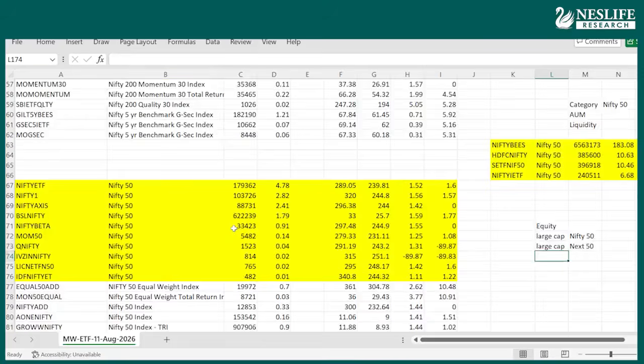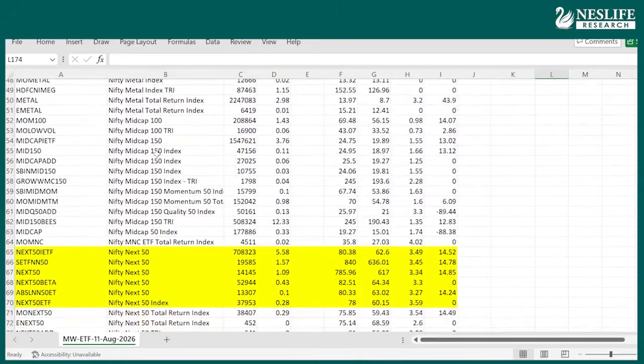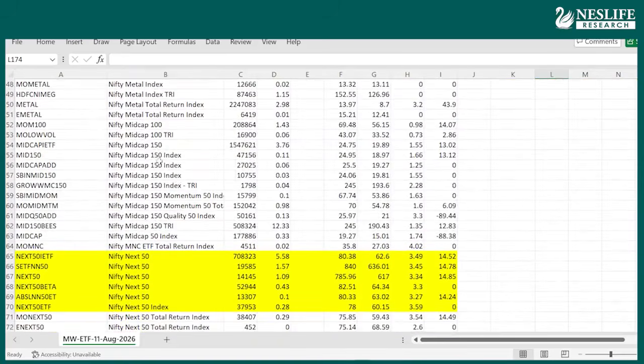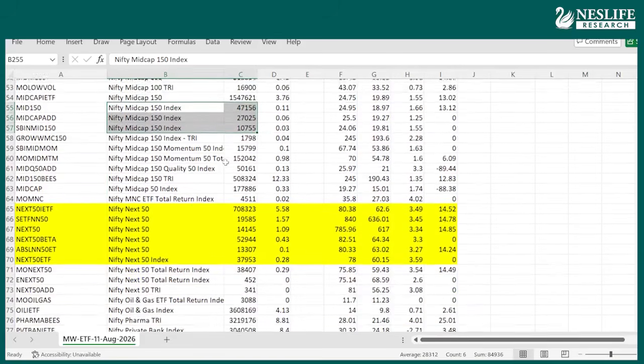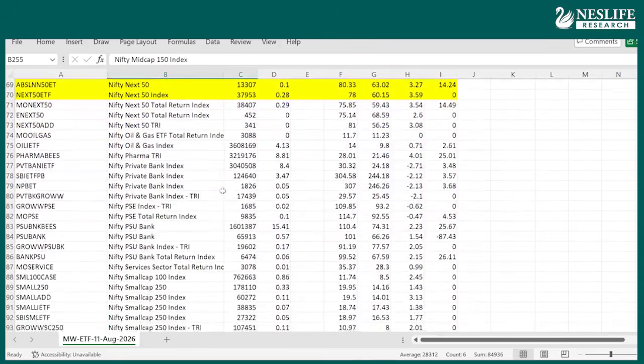Then you want to have mid cap as well. Let's search mid cap. So this is mid cap now. In this, there are so many: mid cap 100, mid cap 150. So the proper mid cap index is this 150. You can select this and find out. You don't have to invest in all. Only one is enough. Whichever has the highest turnover or volume, automatically their expense ratio will be less and AUM will be more. So this is one easy screening you can do.